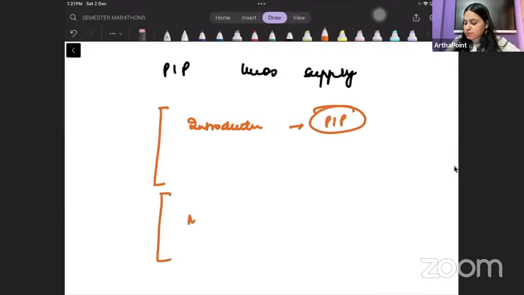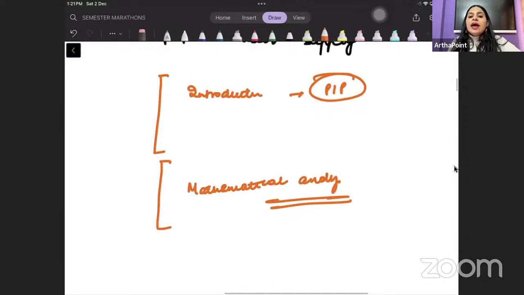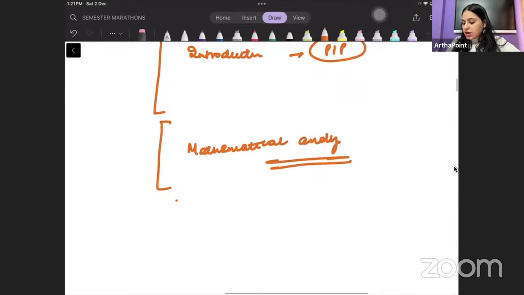The next part will be about the mathematical analysis, in which you will give the mathematical model, right? So that will be your second part. Okay. And the third and the last part will be where you will give the conclusion based on this mathematical model,